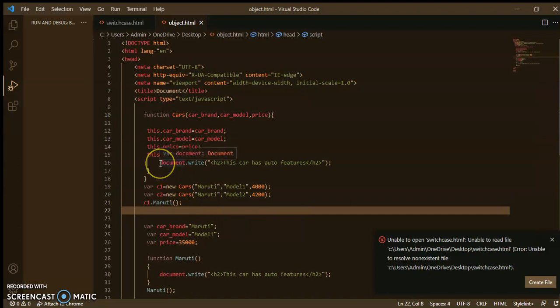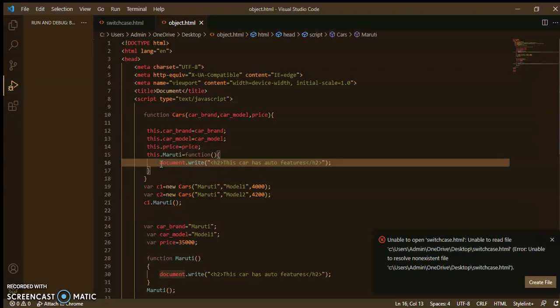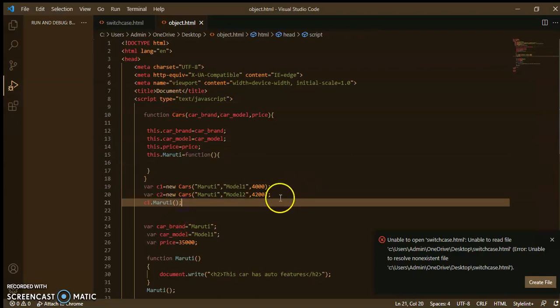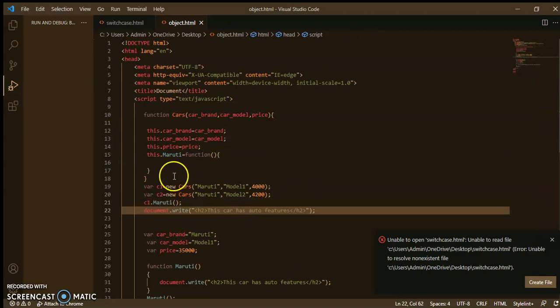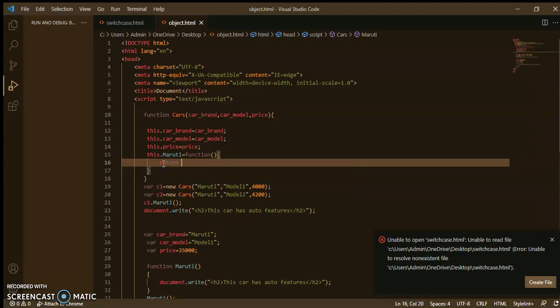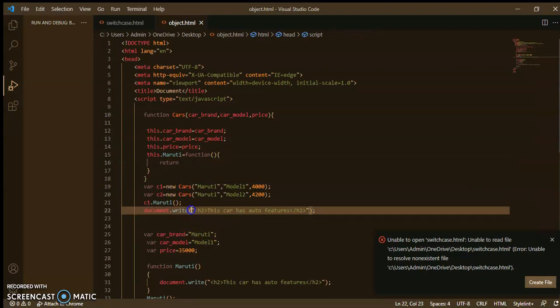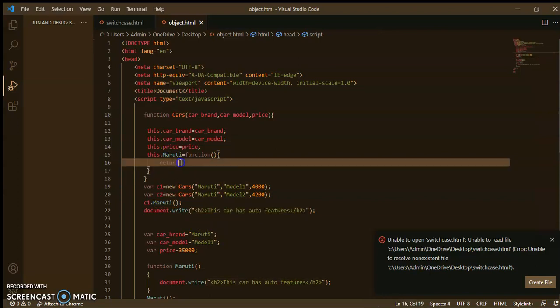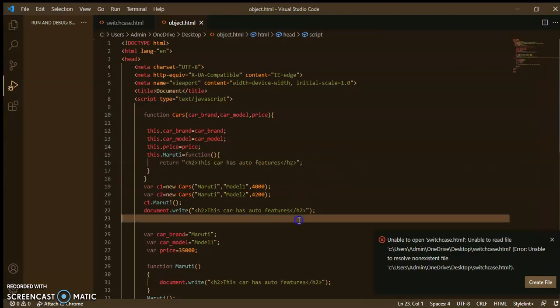And if I have written a property here, then I can call the return function here. If you have written the keyword here, then you can call it like this, right? So this is the best way to use the constructor for more than one object.